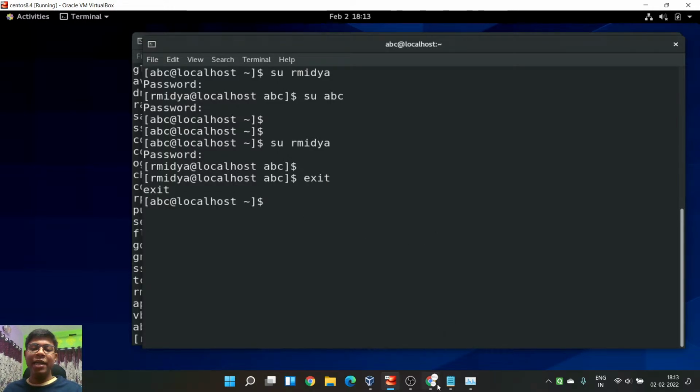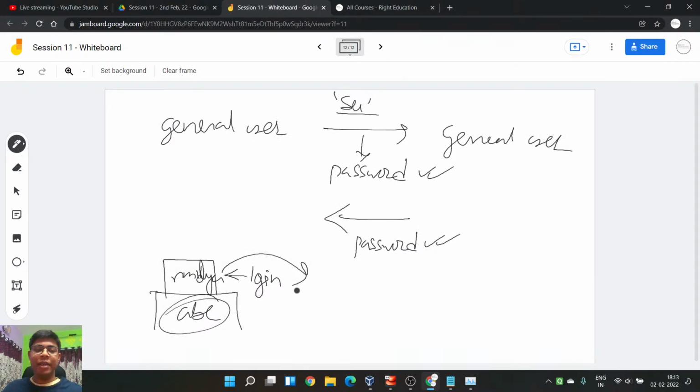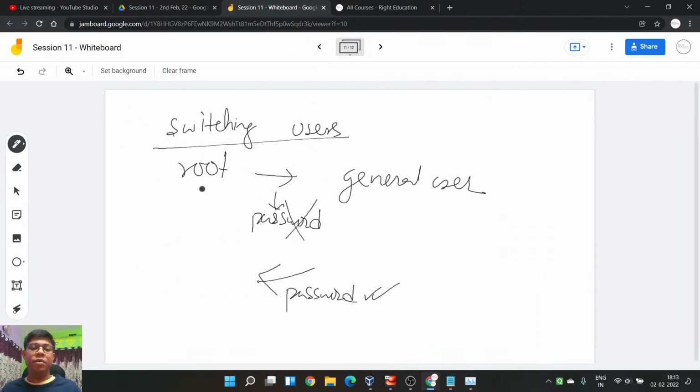So it might look like from here to here I need the password, but when I'm going backward, why don't I need any password? No. Whenever you are running su, whether you are going in this direction or this direction, you always need the password. But from root, whenever you go to a general user, you don't need any password, because I told you root has all the powers.